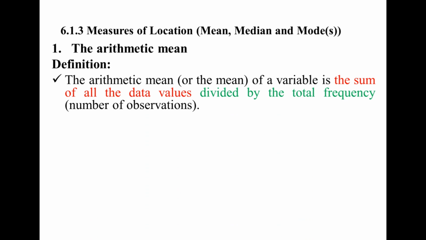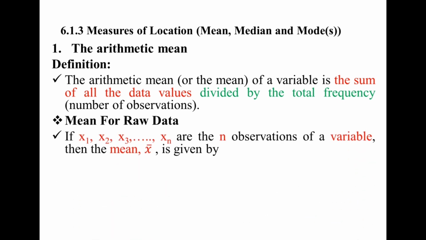The arithmetic mean or the mean of a variable is the sum of all the data values divided by the total frequency or number of observations. Mean for raw data: if x1, x2, x3 up to xn are the n observations of a variable, then the mean is given by